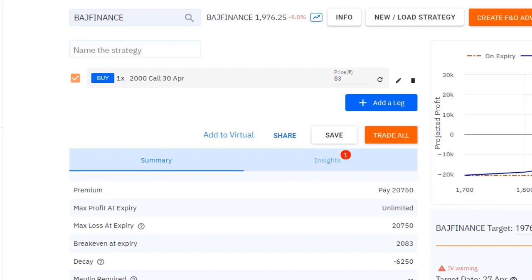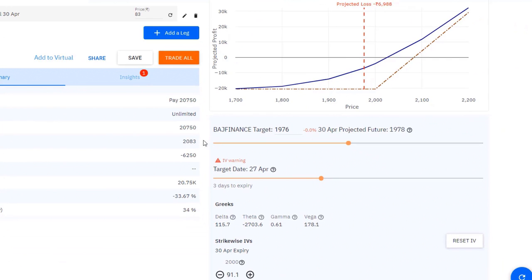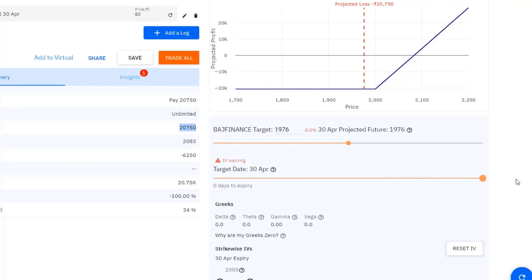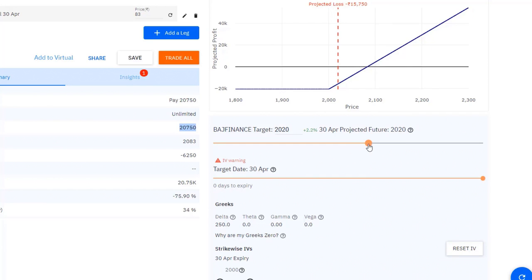We saw Nifty IV at 32. This is very high, which means that option price is going to be so much more expensive. You can see that here also, because this option is almost 2 times the Nifty ATM option. This is 20,000 rupees. So if you have to recover money on this option before expiry, how much of a percentage move do you need? You need a percentage move of 5.2% in 4 days. Now this is going to be difficult.